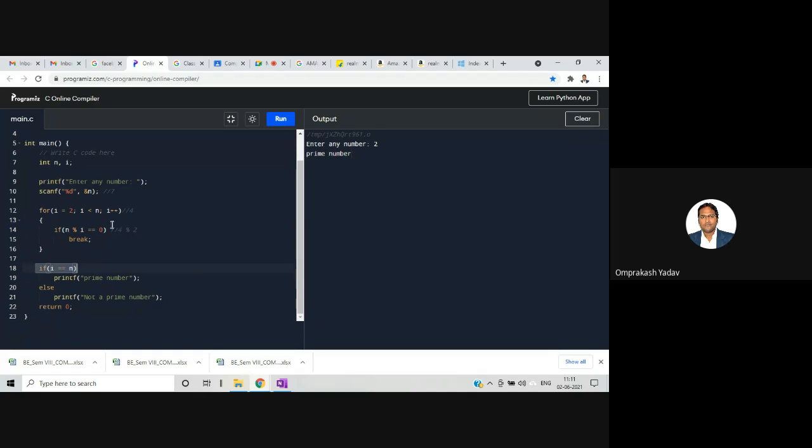So if it breaks in between, then definitely if it goes inside this, that number is not a prime number. But the only condition when it will reach up to n, when the loop will terminate by itself only, at that time i value will reach the final value, and then it will terminate, because this condition will become false, right? And then after this particular loop, I have written over here, if i is equal to n, then prime number. So once it reaches that particular number, we can say that number is prime number. Otherwise, it's not a prime number. So I hope this program is clear to all of you right now.